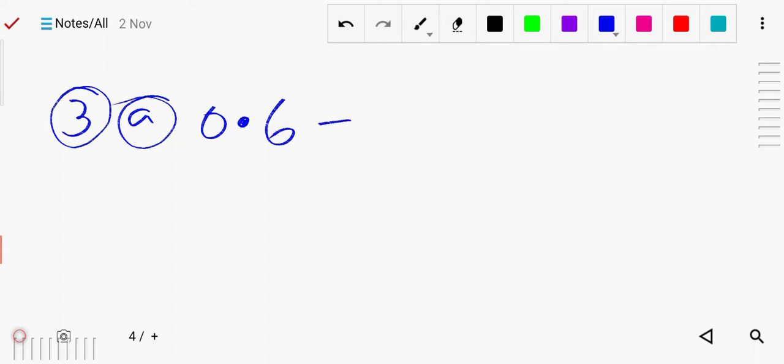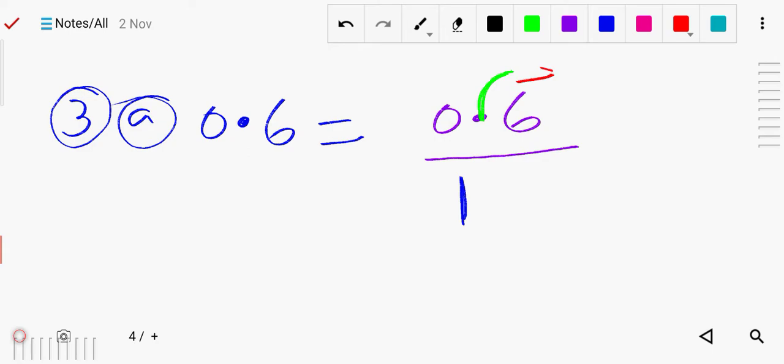So how will you convert? To convert it, first of all you write 0.6 here. Then write a divide sign or a line. Now, next step, when you remove this point, 1 will come here. After this point, on the right side of the point, you count how many digits there are. Only one digit, so you write only 10. One digit, 10. It means it is 6 by 10.